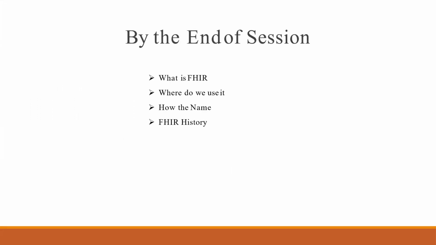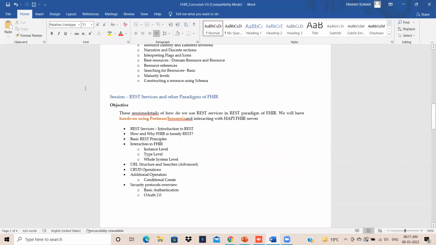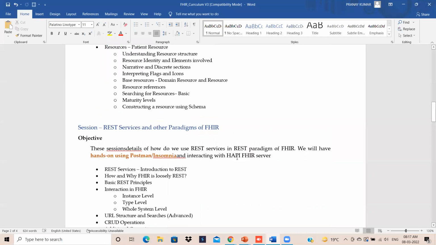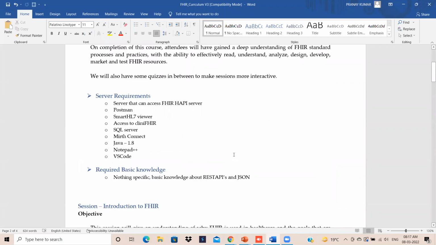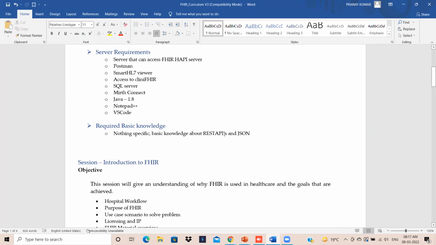Let's go ahead and see what we can get to know by the end of this session. Before that, we'll just quickly run through the curriculum so that you can have an overall idea of what we are going to cover in this particular training. Let me make it a little bit bigger. So when we start working on FHIR, these are